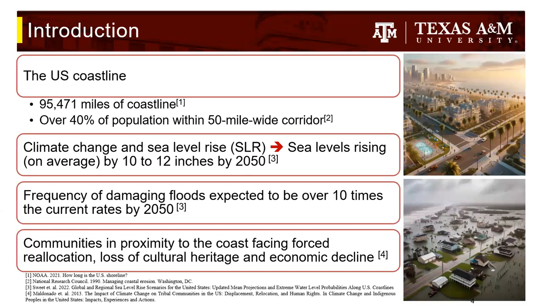Now, just an introduction. In the US, we have more than 95,000 miles of coastline, which is huge. And along with that, there is more than